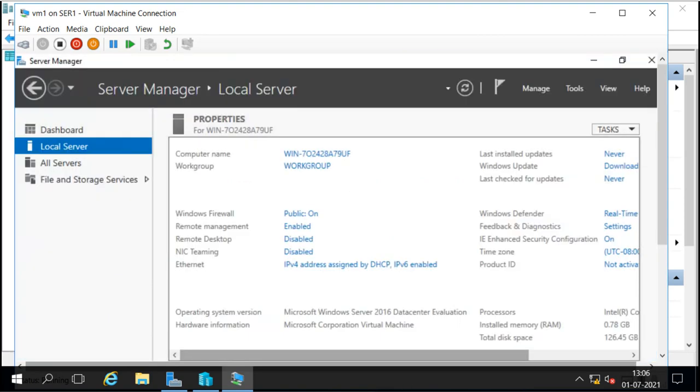And now it has started, and you can see the firewall is on, and this IP address is removed. It has gone back to DHCP. So it actually changed to the previous state. Even if we have installed an application, that application will still be there if it is available in the checkpoint.